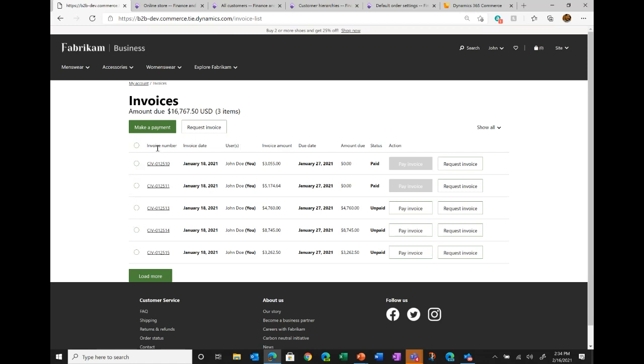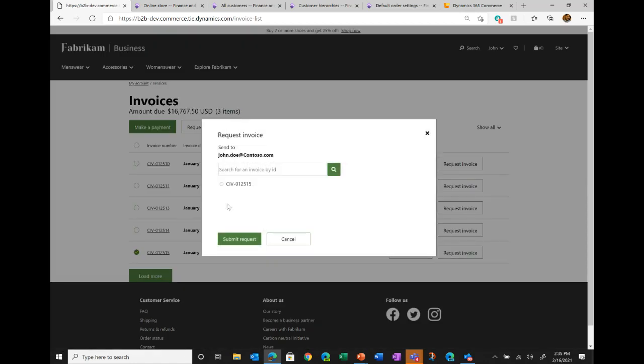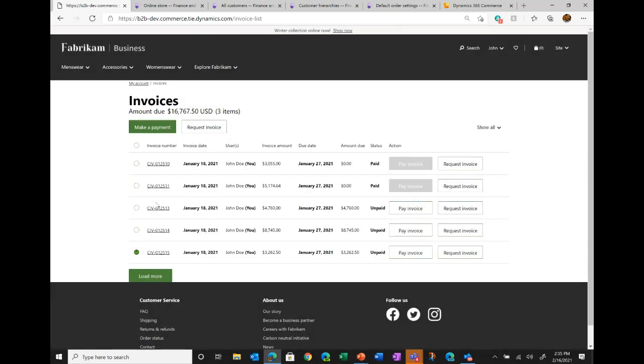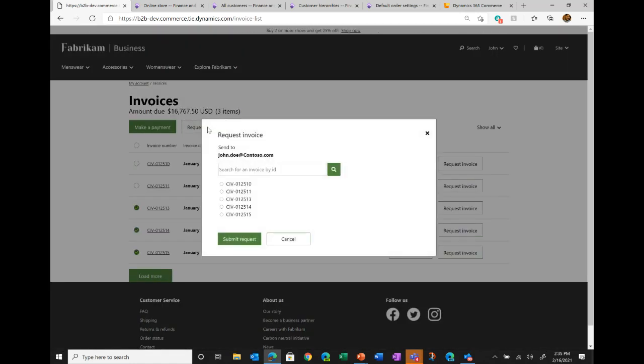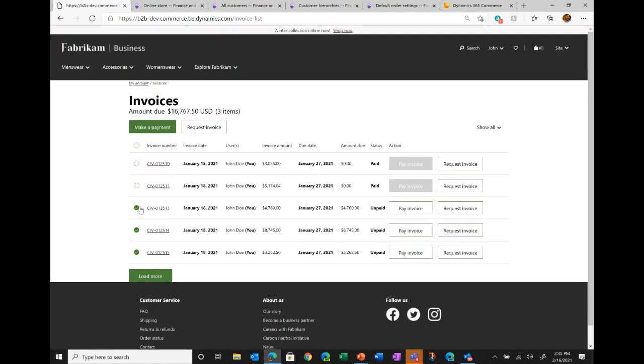Beyond just seeing the list of invoices, a user can choose to select an invoice and request a soft copy of the invoice. So when they hit request invoice and then hit submit request in the second UI, the system will trigger an email with the requested invoice as a PDF attachment. Users can do requests for individual invoices. They can also do multi-select, and then hit request invoice, which would create multiple PDF attachments of those invoices and send one email to this particular user. So users can request invoices as well.